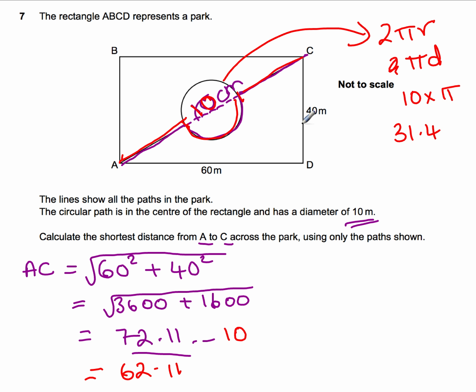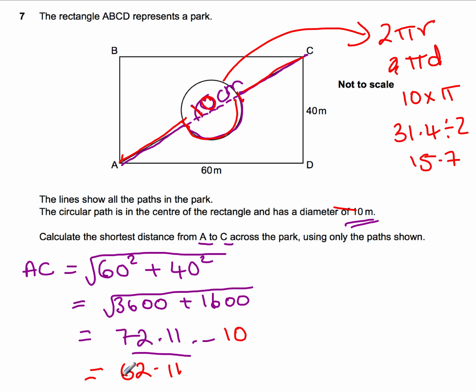Okay, and then because that's a complete circle, what we're going to do is divide that answer by 2. We're going to take 31.4, and then halve it, and that's going to give us